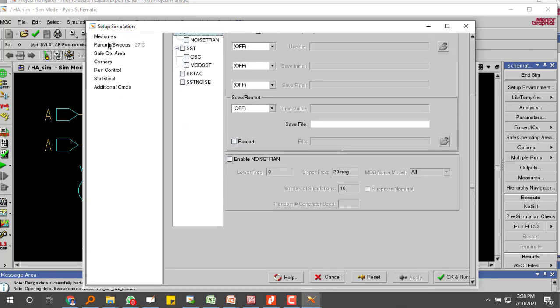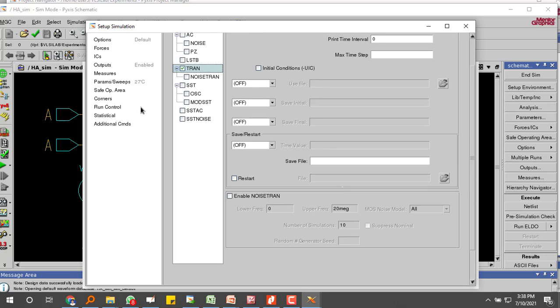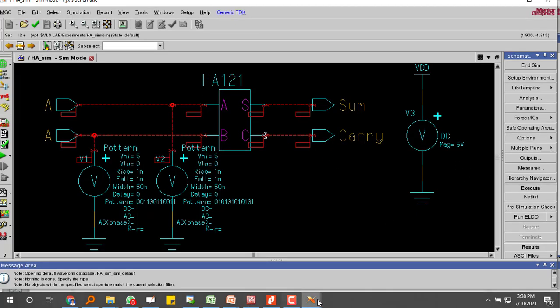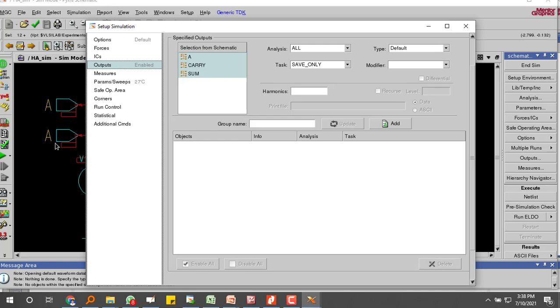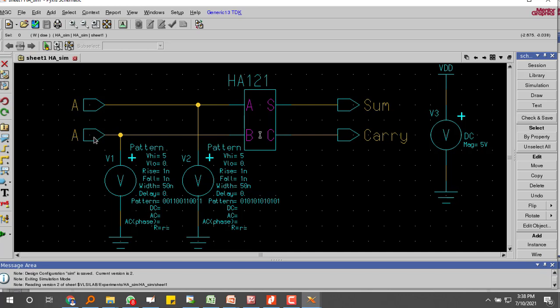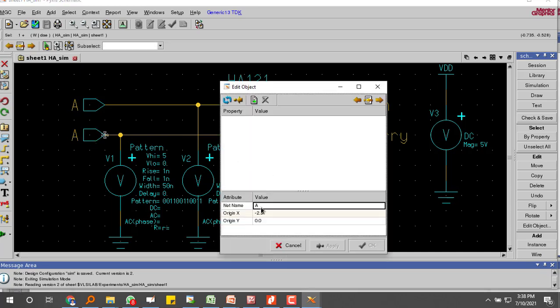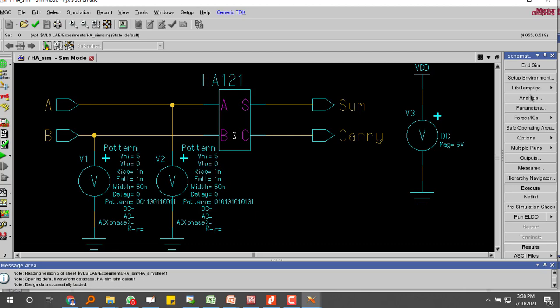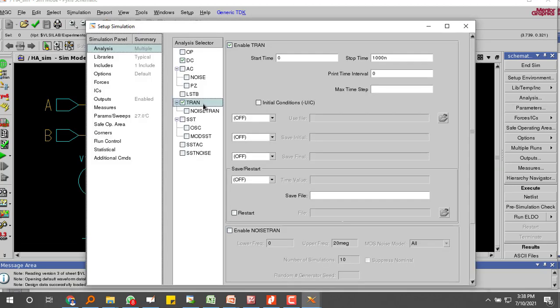We apply it. So go to outputs and see. Okay, here it has gone wrong. I have given the same input name A. I am checking it. Sorry for that one. Again, I will be going with the simulation. You have to see this type of error should not occur.